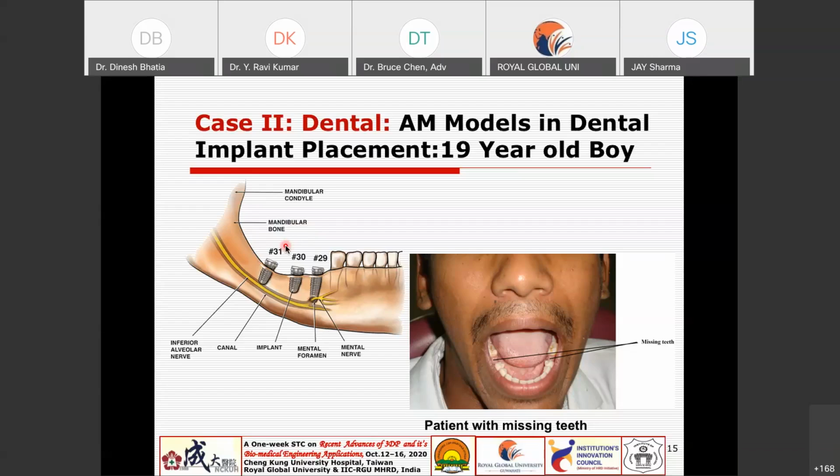The conventional way of doing it is the impression, but the nerve is inside the bone, so you cannot get the information about the nerve with conventional methods. So here,